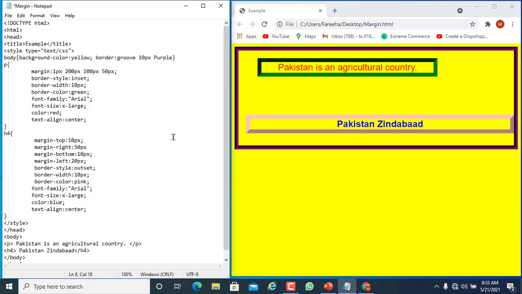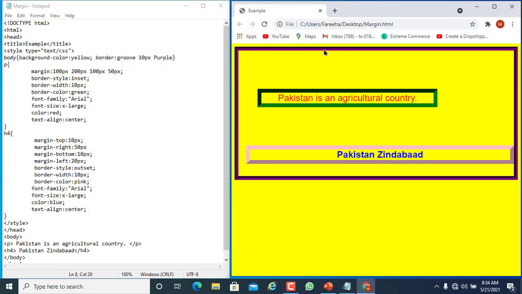If we make it 100 pixels, save, refresh the browser, you can see that this top margin is changed now. In the same way, we can also change the left margin. Save, refresh the browser, you can see that the margin is changed now.